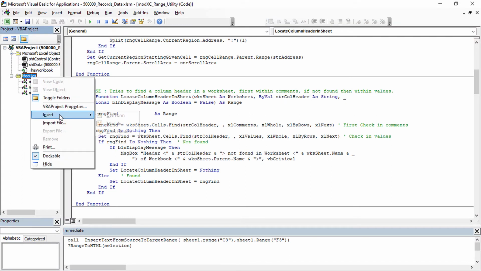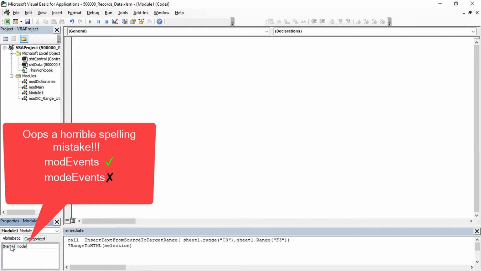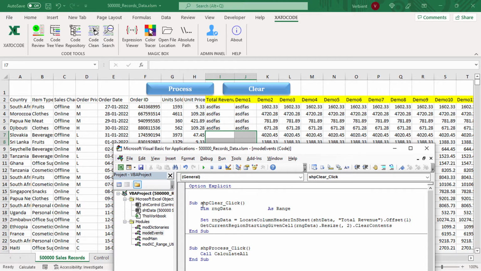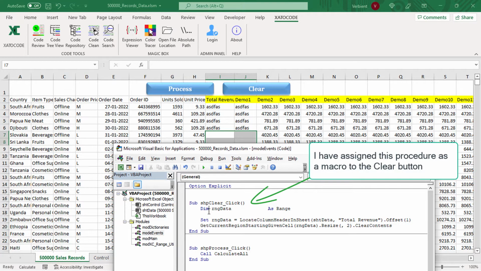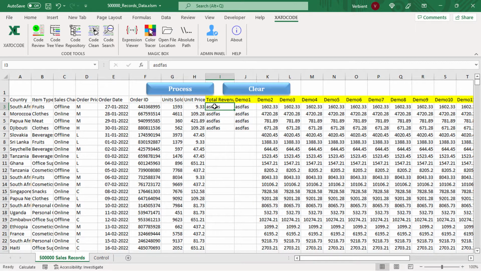Now I'm going to insert another module and name it mod events. I have added a piece of code here and I will explain what it does. Let me execute this step by step. So RNG data will hold the range I2 through the function locate column header in sheet, and then I have taken an offset 1, so it will hold I3,